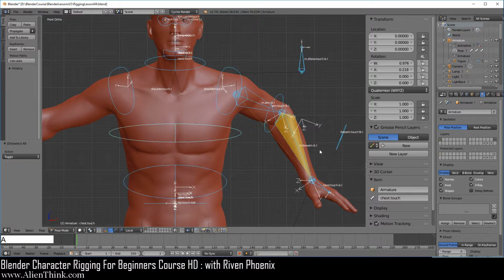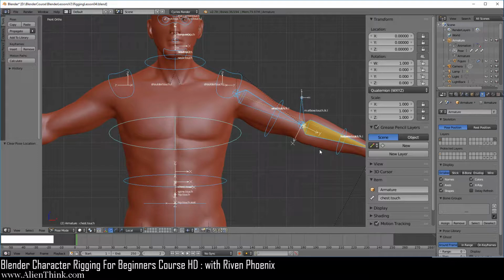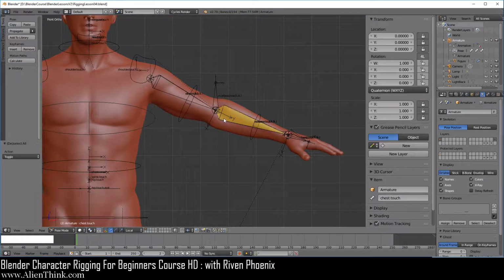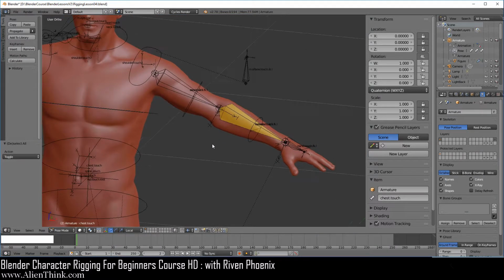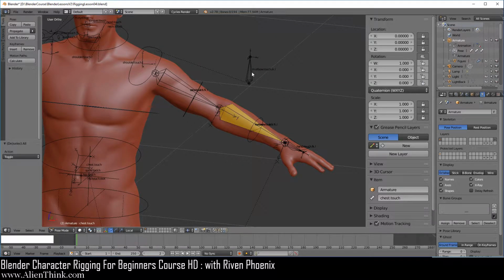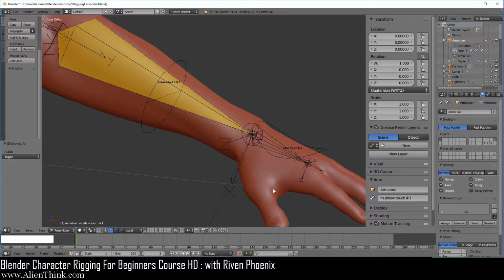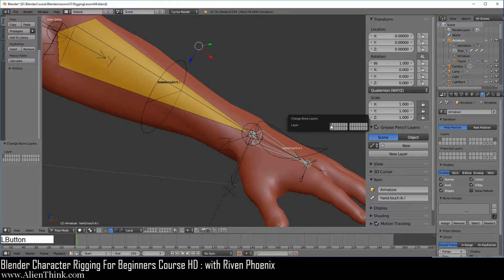I'm just going to press the A key to select everything, do Alt R and G to reset everything over here. Now here what we're going to do is click on this bone over here, and let's click on the hand.touch.fk.l and press the M key, and here we're going to throw these bones on the touch layer over here.